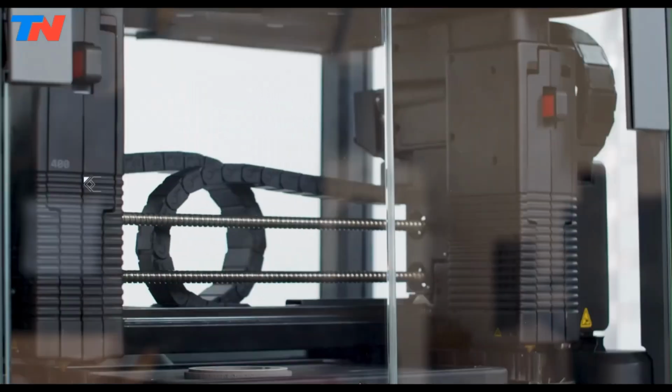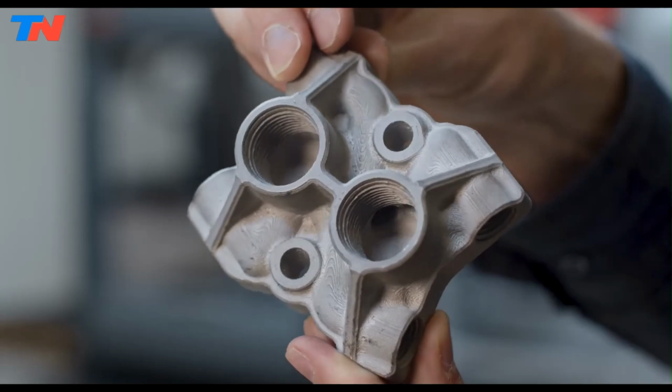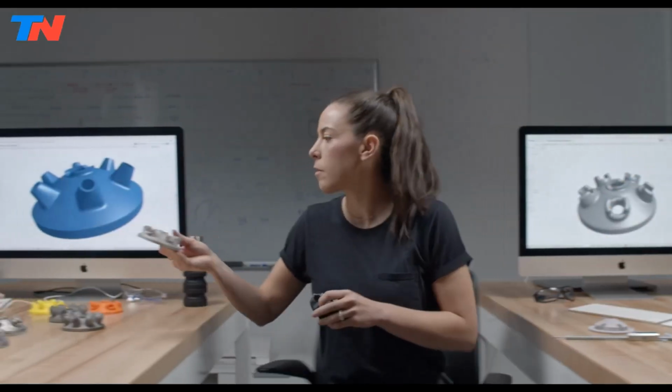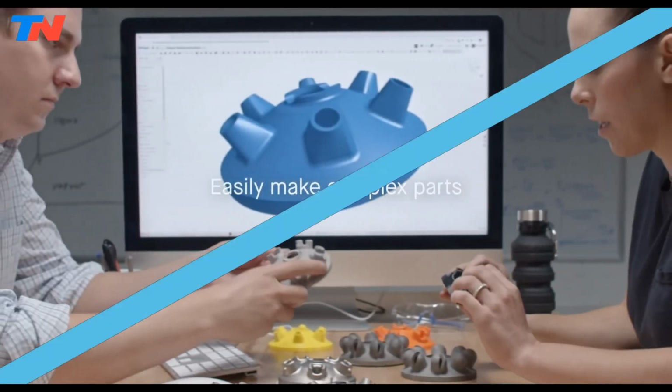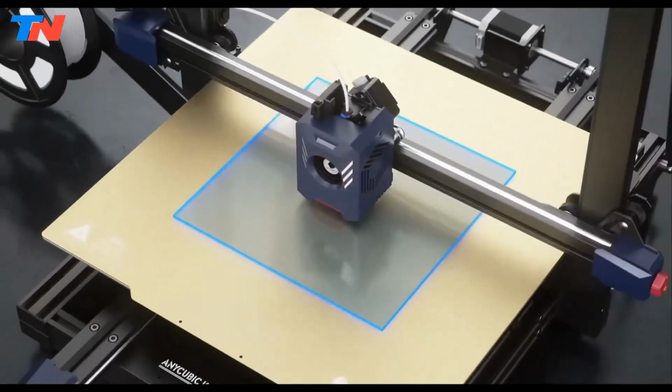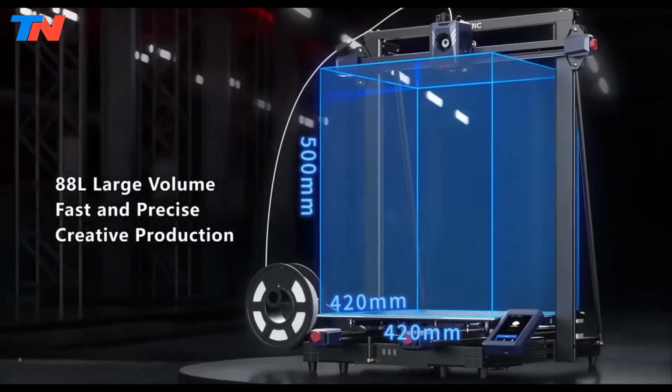While not inexpensive, its cost is justified by the convenience and effectiveness of its all-in-one design, making professional metal printing more attainable for smaller engineering teams. The Anycubic Kobra 2 Max is a budget-friendly 3D printer, ideal for beginners who want impressive capabilities without spending tens